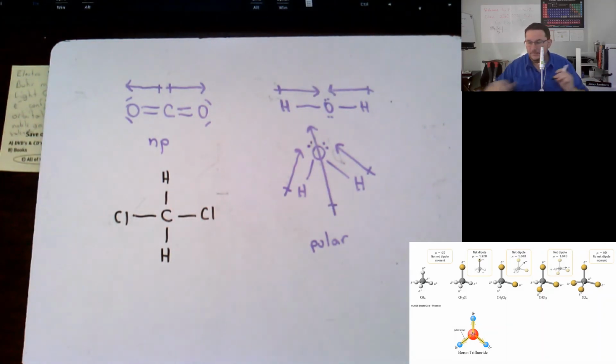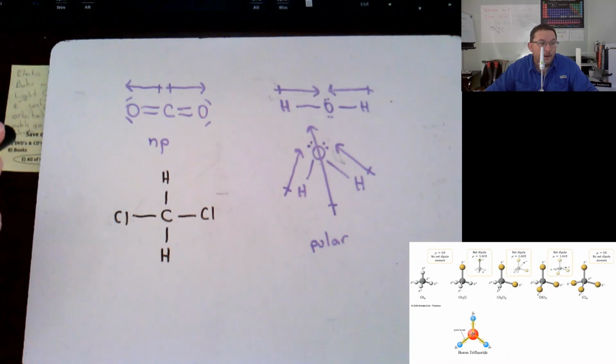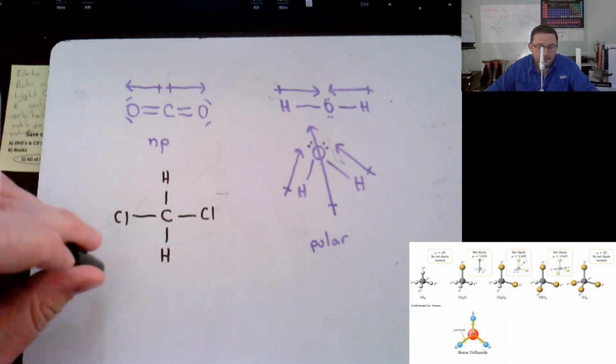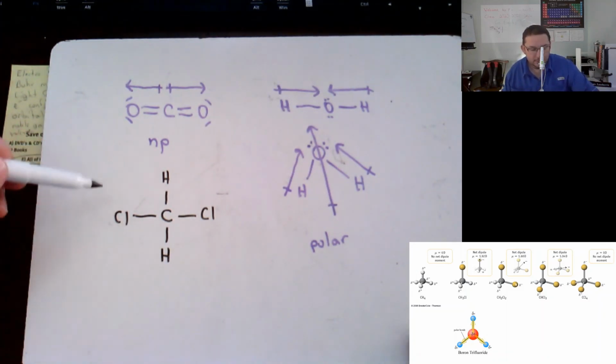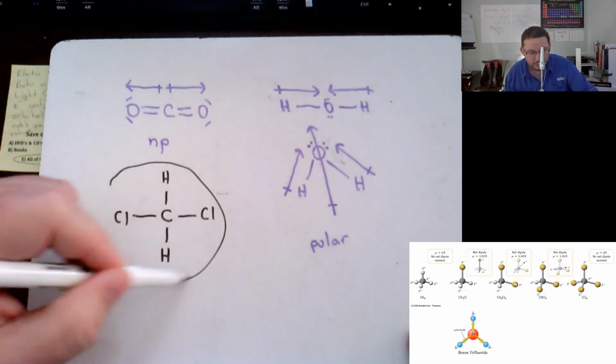In the picture here, if you look at this in 3D, these hydrogens down here in the bottom right are going to be on one side of the molecule and the chlorines are going to be on the other side. And so this is actually an incorrect, or well, I shouldn't say incorrect, it's not the best way to draw the Lewis structure for